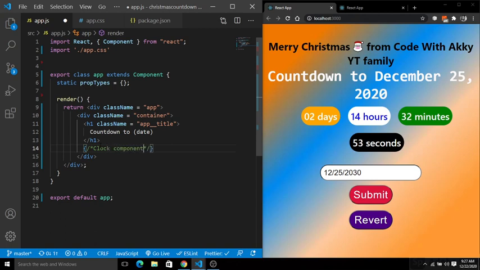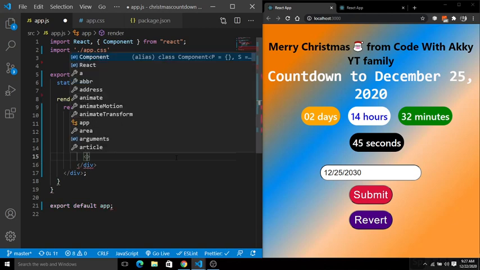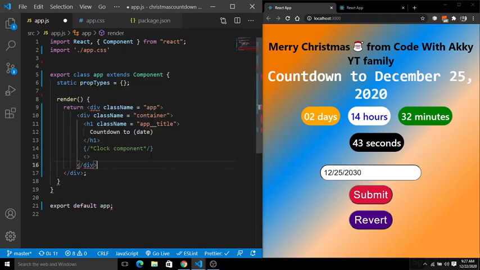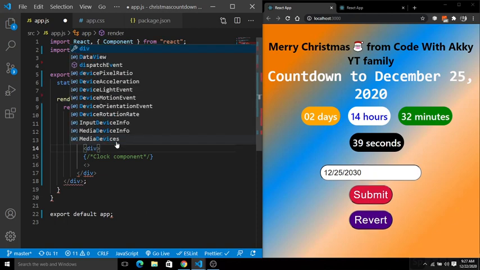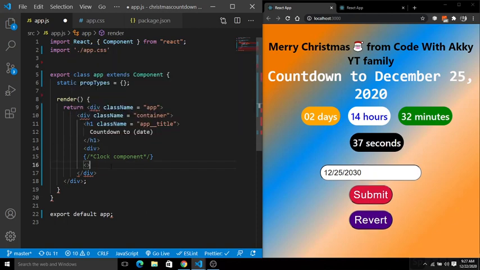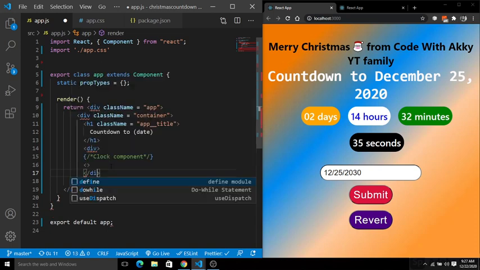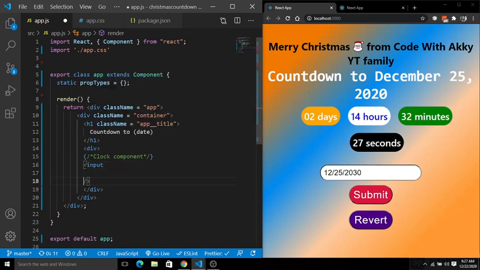Now after this clock component, we have an input field. For this I am going to create an empty div also. Okay, now let's close this div. Next I am going to add an input. Input is a self-closing tag here.